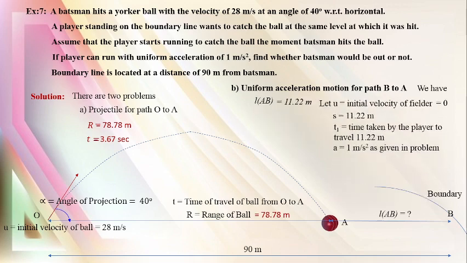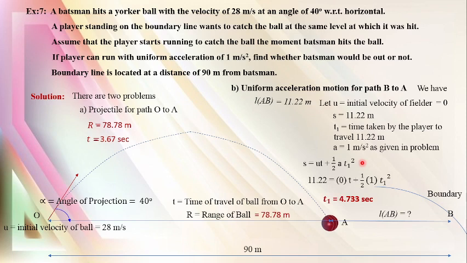Let us have the analysis from the kinematic equation. S is equal to ut plus half at square. So S is known to you, 11.22, initial velocity is 0 and acceleration is 1 meter per second square. We have to find the value of t1. So let us substitute all the values, and after simplifying I got t1 is equal to 4.733